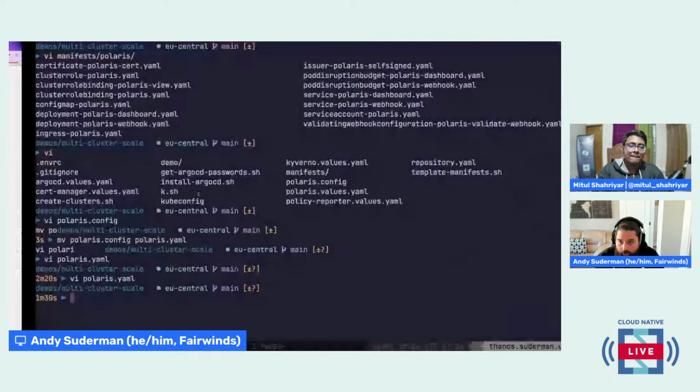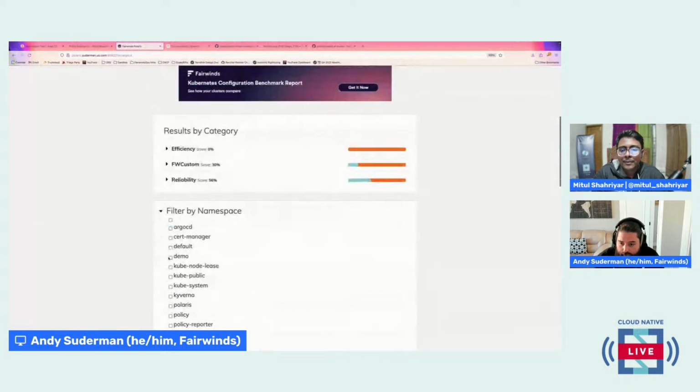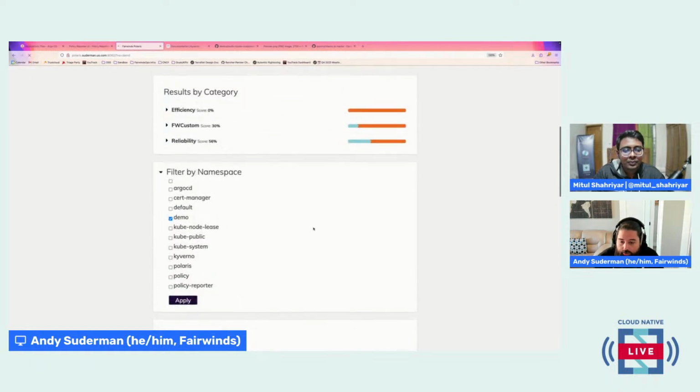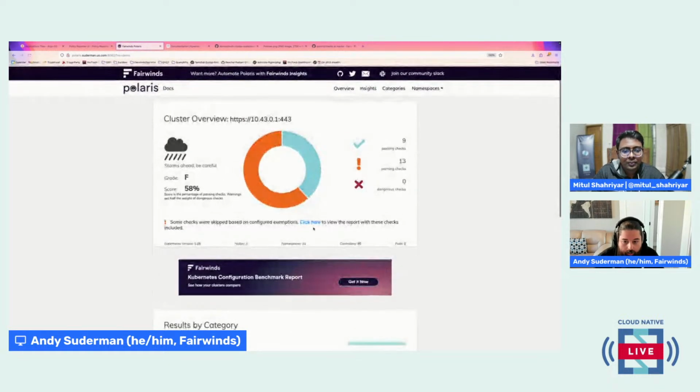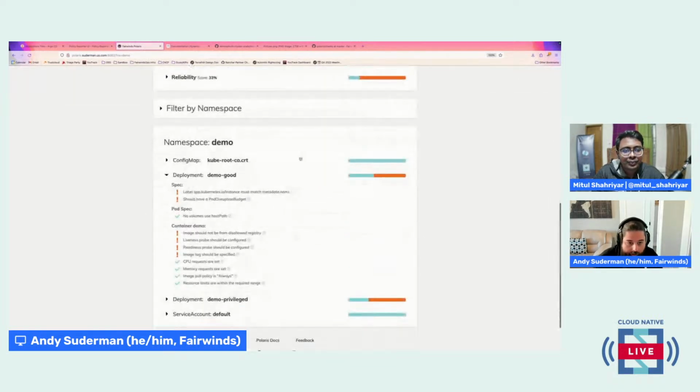Which cluster am I in here? I'm in the EU cluster. So that's this one here. We can filter down to namespace demo, and I'm the owner of this namespace, maybe. And we can look at just the events for that namespace. So you could provide this to your developers or folks that are deploying to the cluster and see these warning policies in this kind of nicer dashboard.